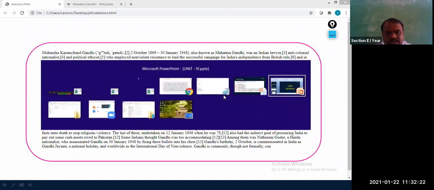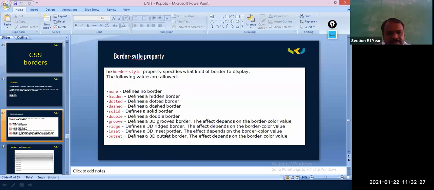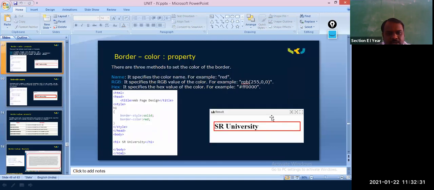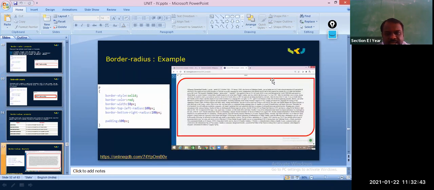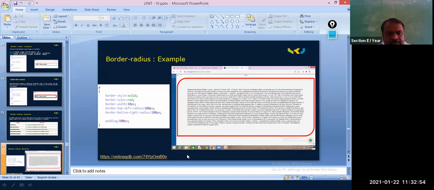So what was today's class? Borders have been completed, and borders with 4 things. These are the border styles, and these are all examples. Border color, to change the border color and to increase the border width, has been completed or not. I have increased the border width by using the border width property. And this is the example we have seen. This is the given example, and I have given it for right side and left side. These are the 5 different properties for border.